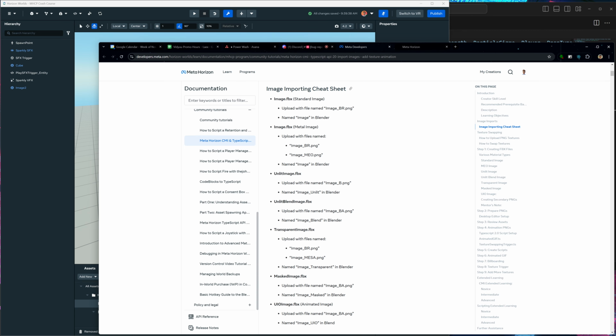This cheat sheet is super valuable. We just did the image.fbx. We named it in Blender image. So you remember me naming the material image in Blender. It's then uploaded with a file named image_br. If you want to make this metallic, you can use those exact same 2 files and add an additional